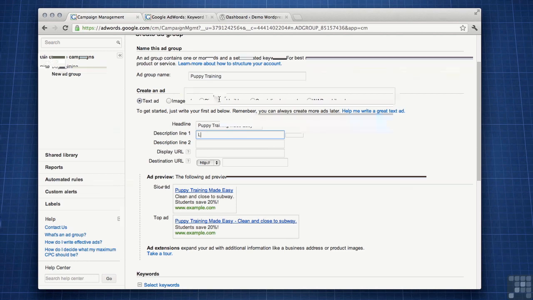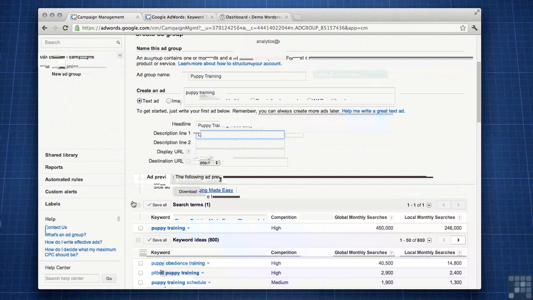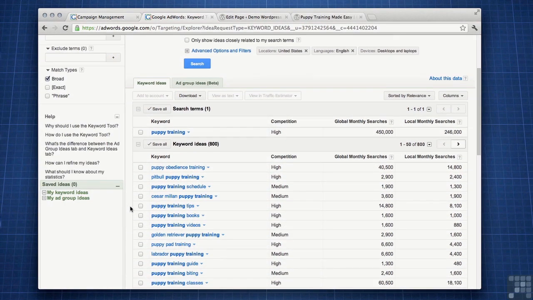open here. And we know that this ad group is specific to puppy training, so let's look for that. Okay, so here we're going to get some ideas around the keyword puppy training. So we covered this a little bit more in the SEO keyword research video, but it's definitely worth pointing out again here is that you need